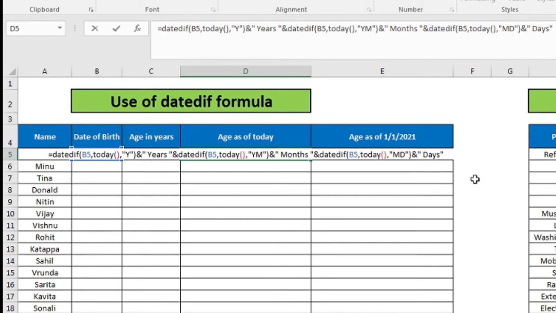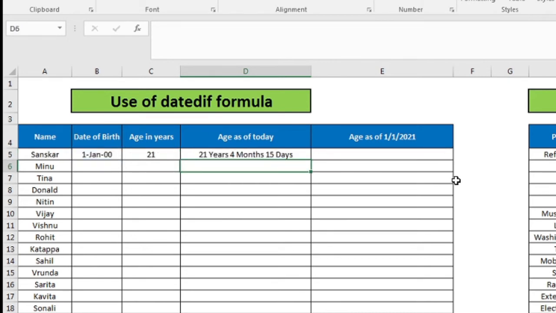Let us see. I will just press enter. You can see here exact age I am calculating with the help of the DATEDIF formula. 21 years 4 months 15 days as of today. And what is today's date is 16th of May. What is the date of birth? 1st of Jan. If I change that, say 5/16/2000.